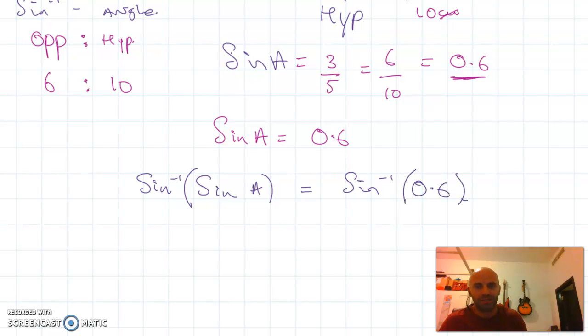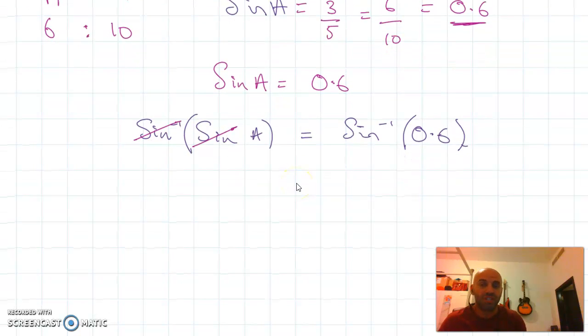Now mathematically, sine inverse and sine are opposite operations, just like multiplication and division, addition and subtraction, and so forth. So they'll essentially cancel,